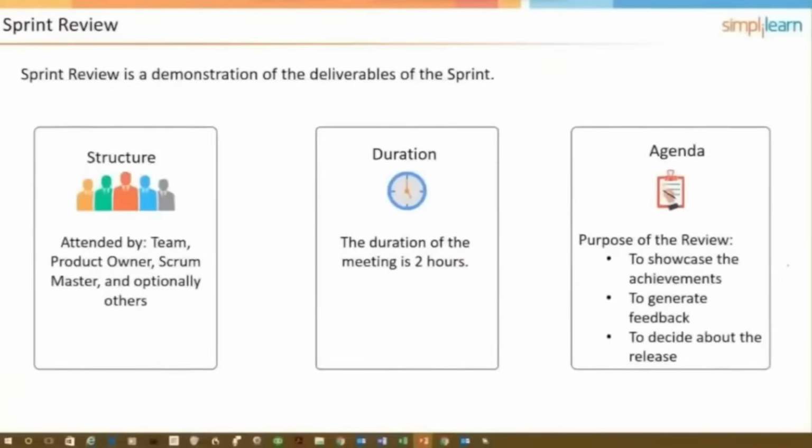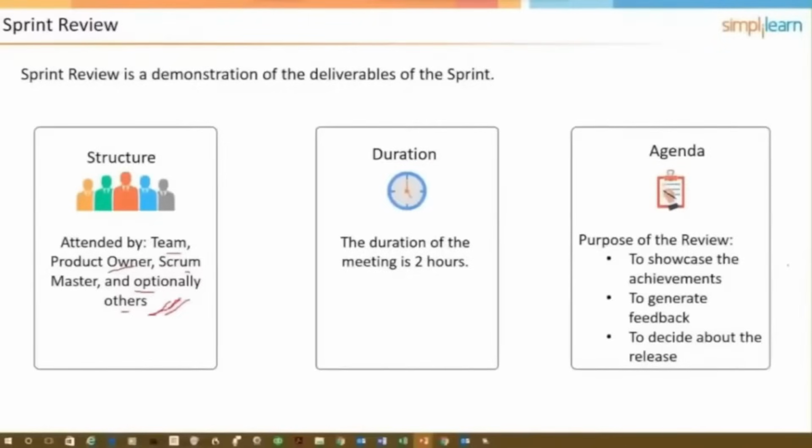The sprint review. Now, who attends? It's going to be the team, the product owner, the Scrum Master, and potentially others. Optionally, others that we would want to get feedback from would be end users, operations folks, the suits. All of those would be welcome depending on the relevance of the software that's being demoed and being subject to the acceptance testing and the product owner giving the thumbs up or the thumbs down when it comes